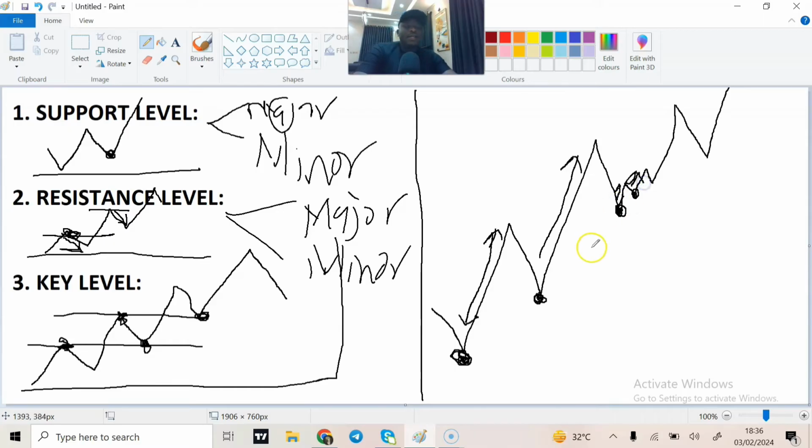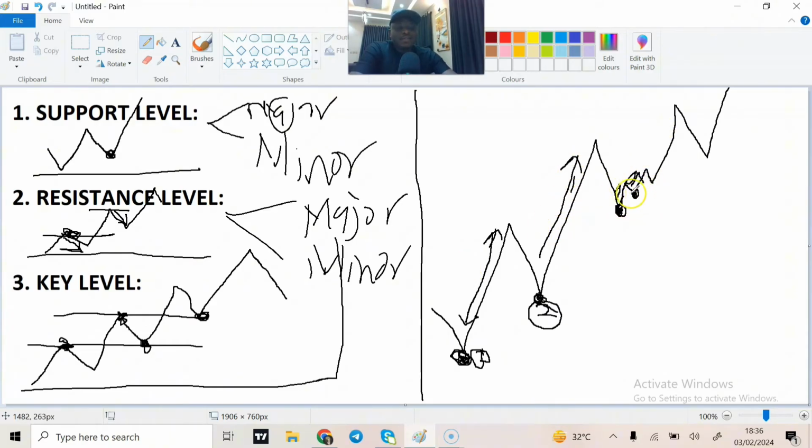Comparing to the nearest support and resistance zones, most times some people use three resistances behind and three forward. Okay, but personally I use two. For instance, this right here, counting this first one is the first resistance. Let's say this is number 1. This is the second resistance, number 2. So when you compare this first move, number 1 and number 2,